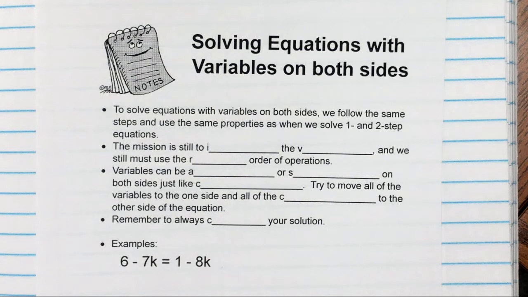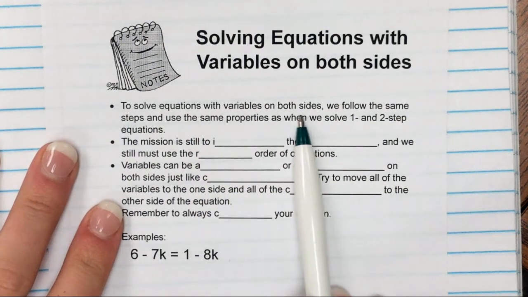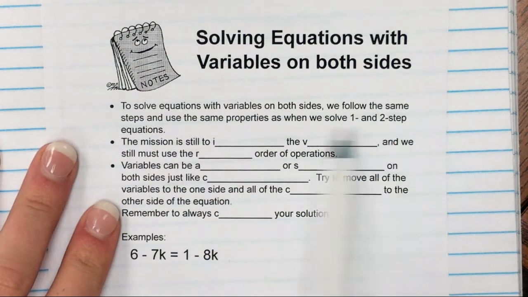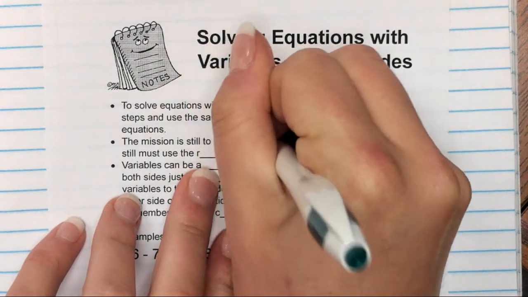In this video, we're going to talk about how to solve equations that have variables on both sides of the equation. To solve equations with variables on both sides, we follow the same steps and use the same properties as when we solve 1- and 2-step equations. The mission is still to isolate the variable,